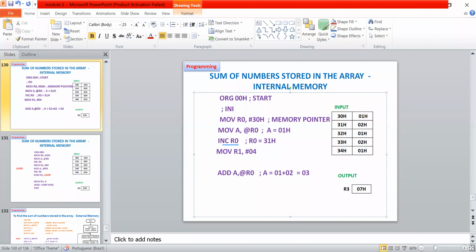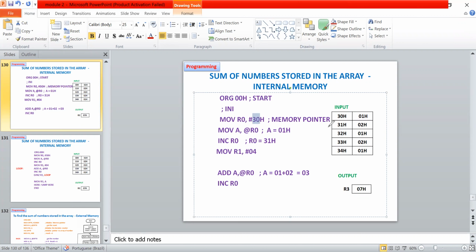Now I want to take this data and add it with the next value. So what I can do is increment R0. This is the memory pointer I have used. Once I increase this value, by incrementing I can point to the next location.